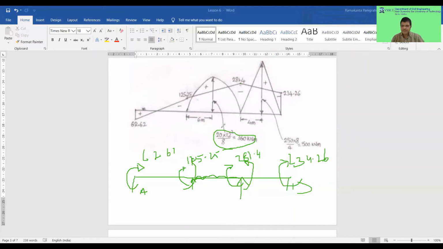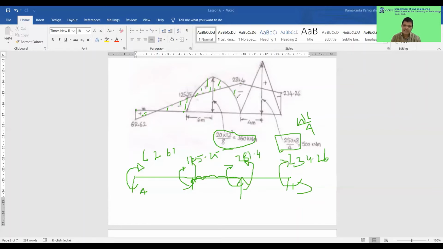Here it is a point load, so it will be WL by 4. WL by 4 is the maximum bending moment for a simply supported case. Now, if you put the simply supported value, it comes around 5. Now we can connect this. The final diagram will be this positive, then this negative, then this positive. This portion, plus and minus, will be cancelled out. So this is your moment diagram.